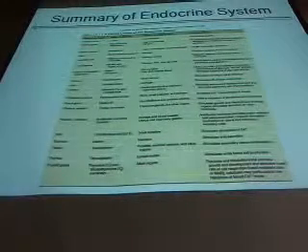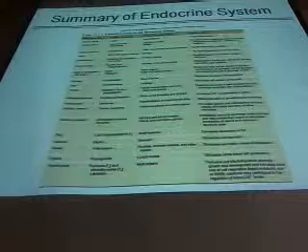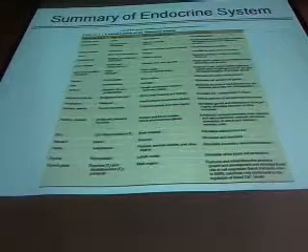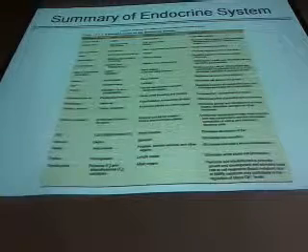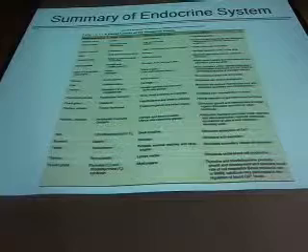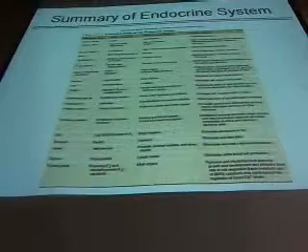Testes, testosterone. Secondary sexual development: prostate, seminal vesicles, and other male organs. Also, you do have testosterone in the female also. Thymus,